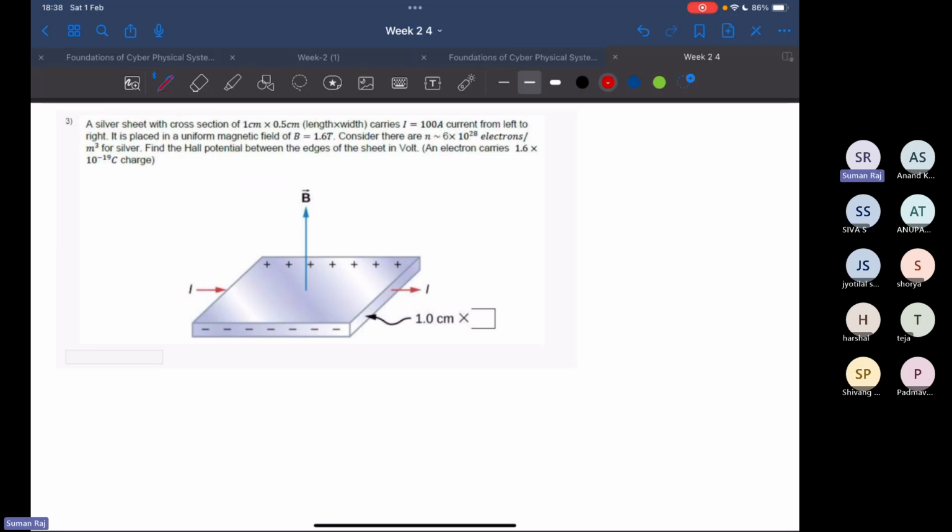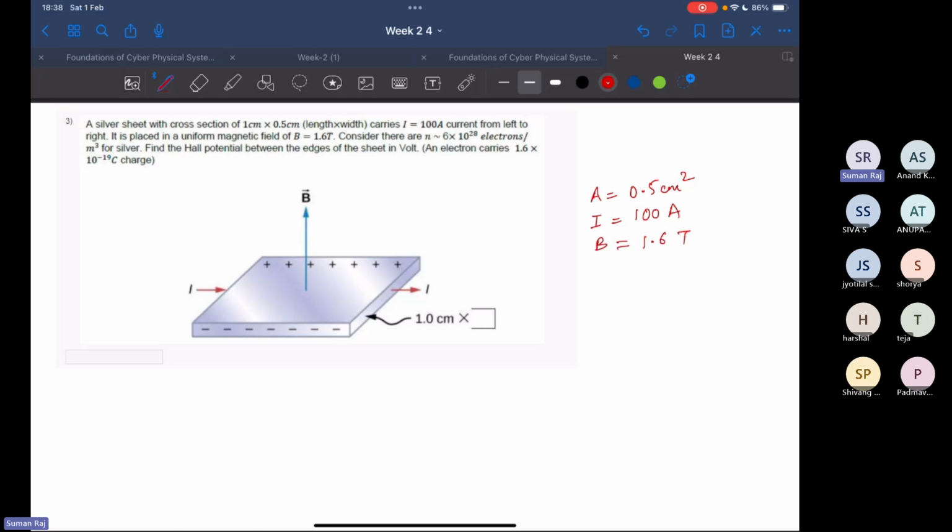So the question says that you have a silver sheet with cross section of 1 centimeter cross 0.5 centimeter. So your area is actually 0.5 centimeter square. Your current is 100 amperes. So a current of 100 ampere is being passed through this metal, going from left to right. Okay, so your current is going in this direction. Now this is placed in a uniform magnetic field of this magnitude